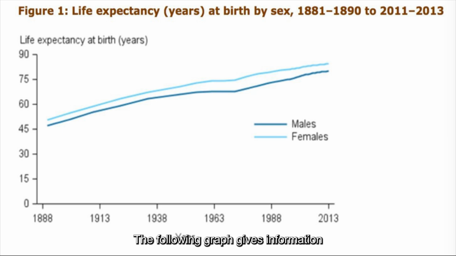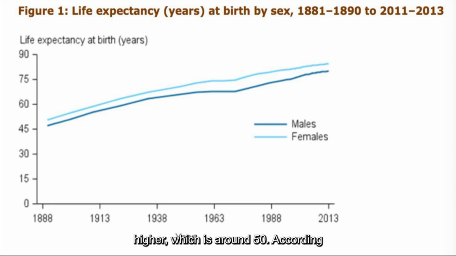The following graph gives information about life expectancy at birth by sex. The items include years, males, and females. The horizontal axis is the year, ranging from 1888 to 2013. According to this graph, in 1888, the value of males is around 45, and that of the females is higher,